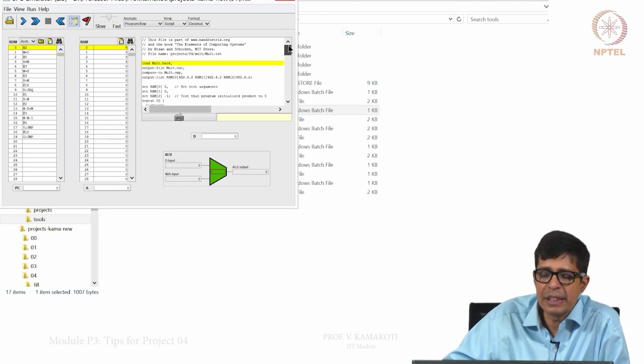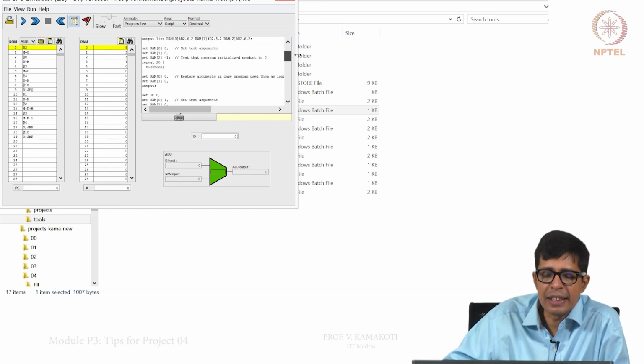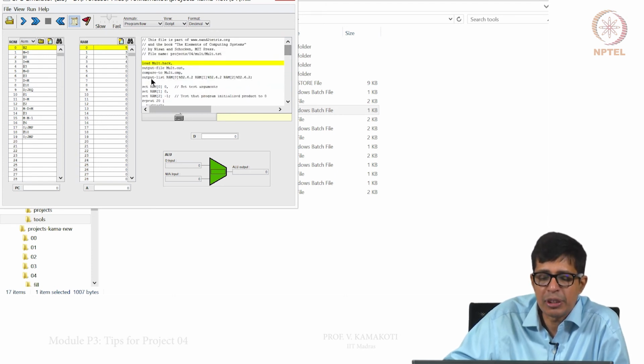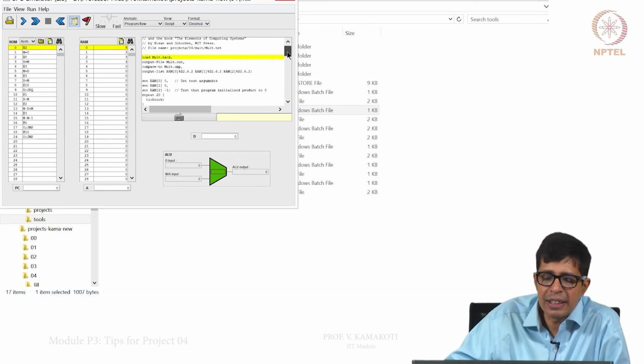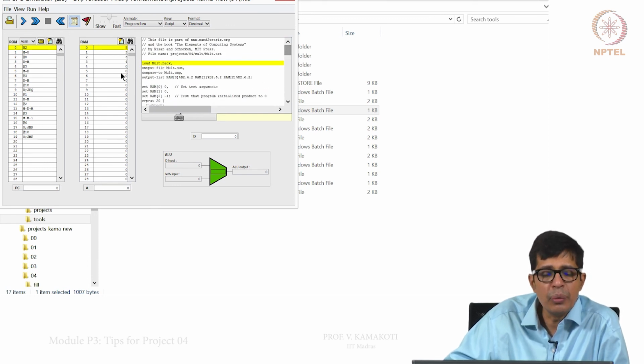So, all different combinations this script will tell you, and there are certain script arguments like set RAM 0 0, set RAM 1 0, RAM 2 -1, and repeat 20 tick tock means give a lot of clocks in between. So, by the time this repeat completes, your 0 into 0 would have been computed. Then it goes and restores the argument there and it checks the output. What is the output? There is always a format. You output RAM 0, RAM 1 and RAM 2. RAM 0 into RAM 1 should be equal to RAM 2. That is also given here. So, this script is quite easy to understand, right, but now we can run the script.